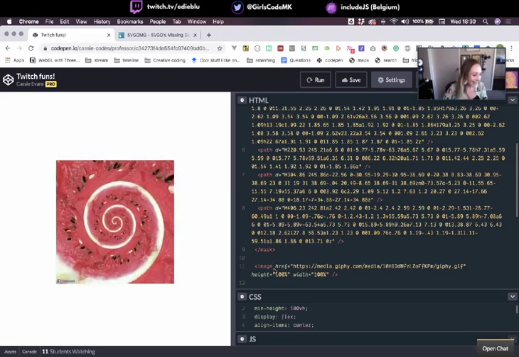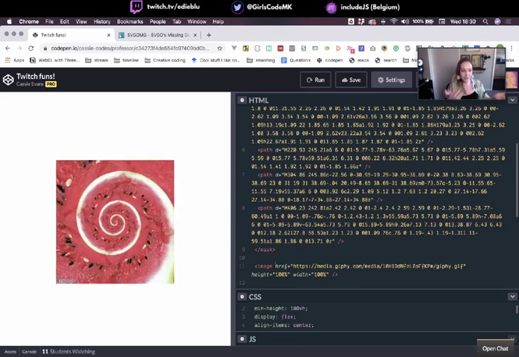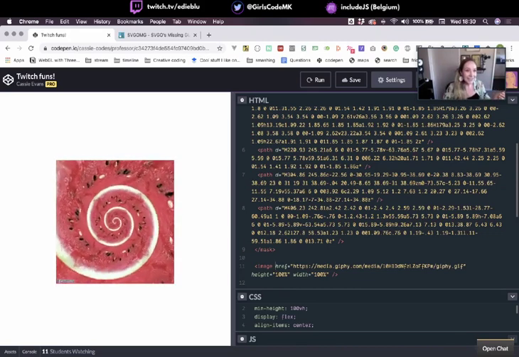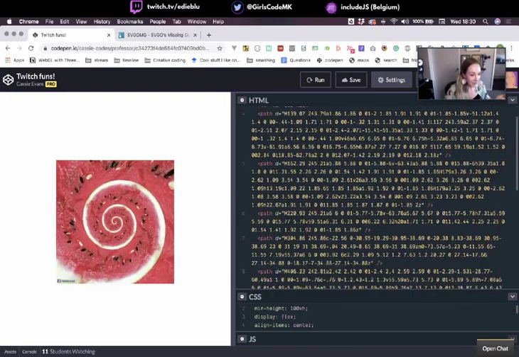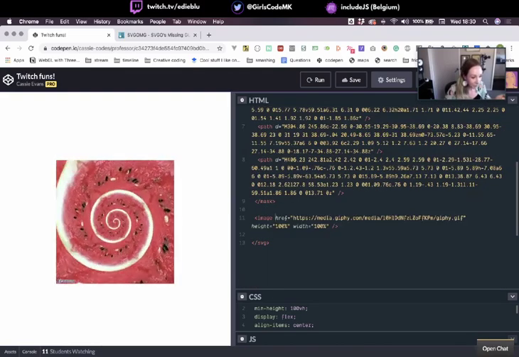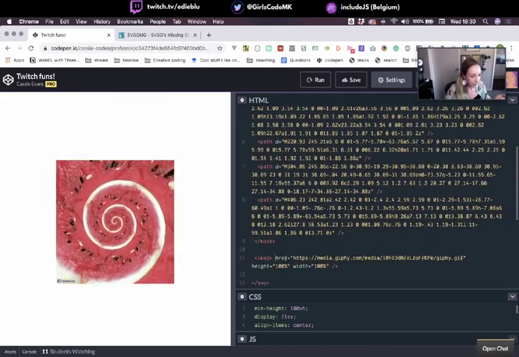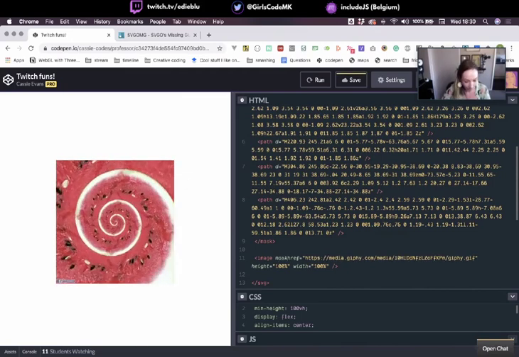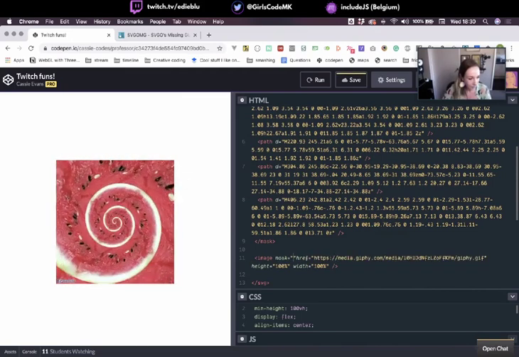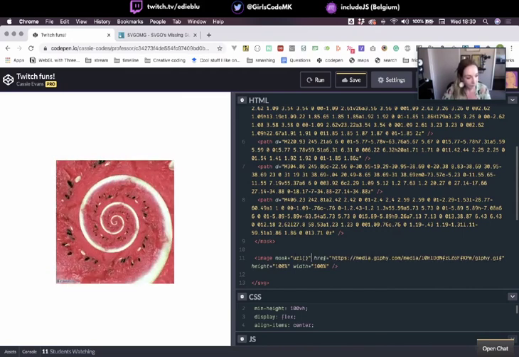Cool. So now we've got our lovely melon, not melons, just our lovely melon. And we want to use our text here to mask it. So we've given it an ID, ID equals mask. We're going to use that ID to reference it, and we do that by saying mask equals URL, and then